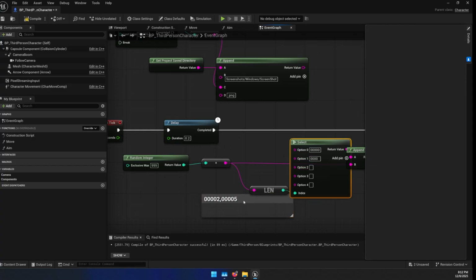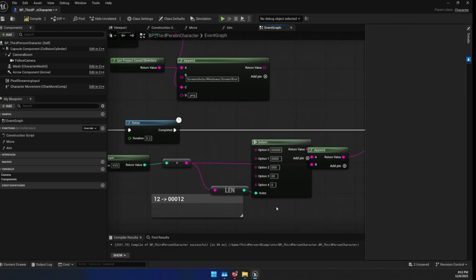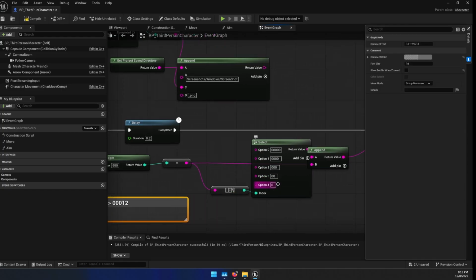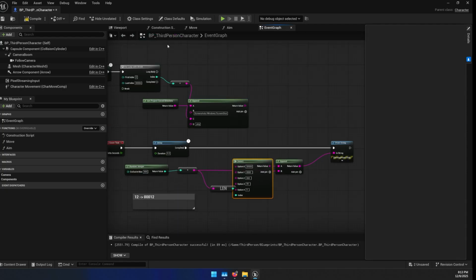4 zeros. If it is a number like 12, we need to convert this to 1, 2, 3 zeros and 12. So 2 digits, and add it here. And the same continues all the way forward. And if it is 5 digits, we do not add anything else. So this is good enough. Now, if I run this one,